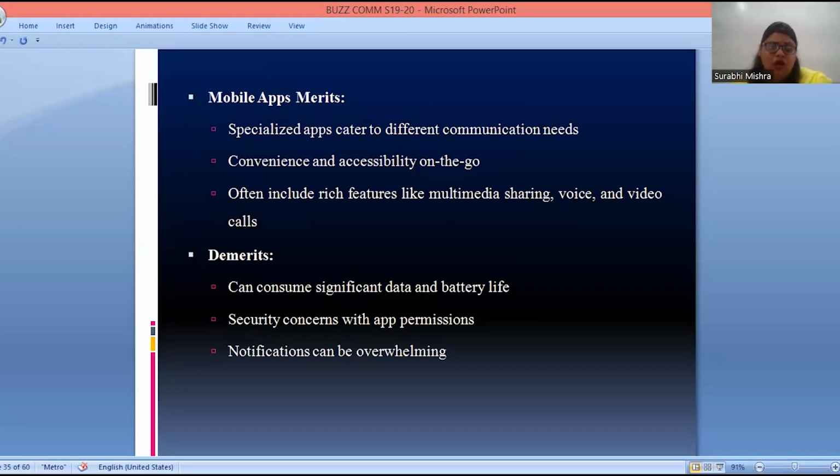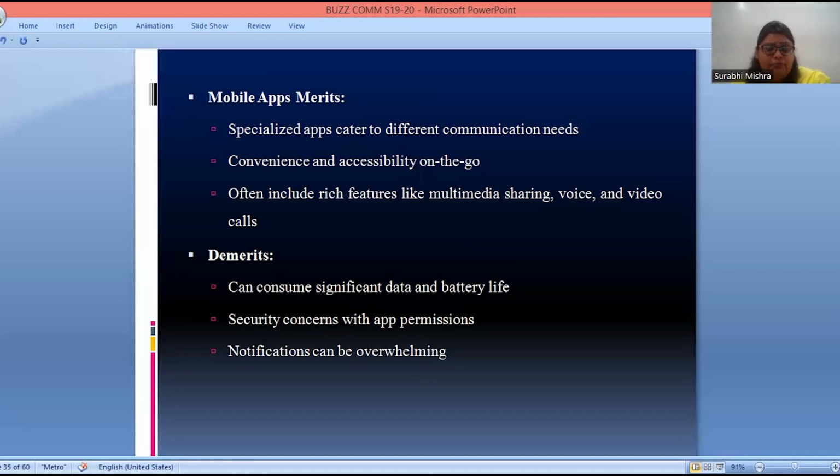For example, Snapchat caters to that particular requirement. There is another app, say a music app, or a traveling app. So any app which you have installed on your mobile phone will provide you convenience and accessibility according to the